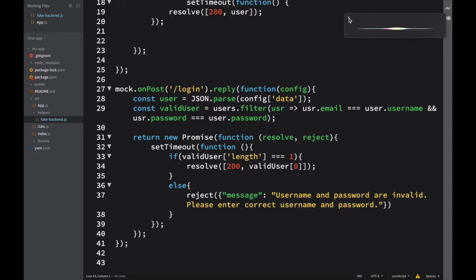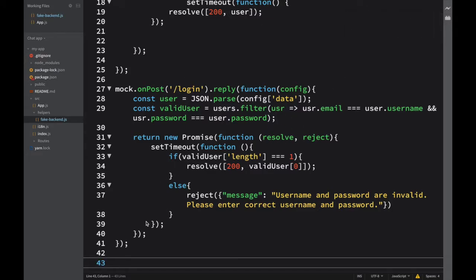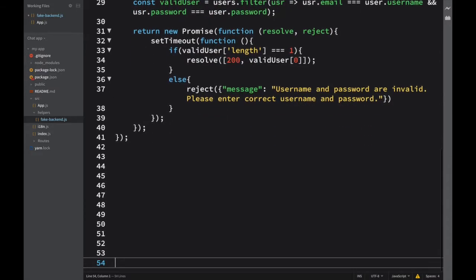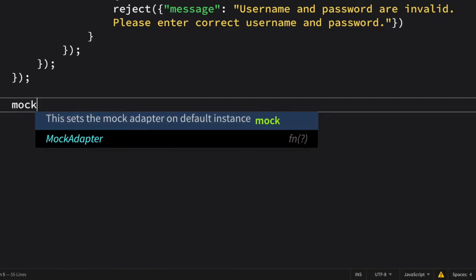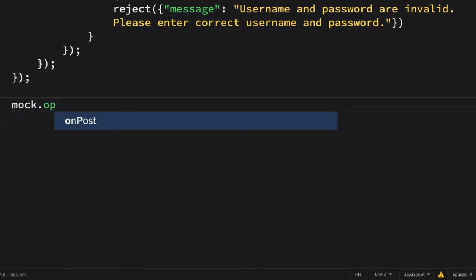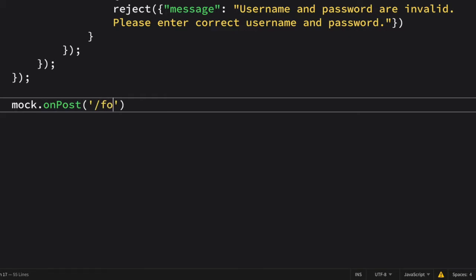So friends, after this we have to also make a function for forget password. So after making this page, let me write here mock.onPost, and inside this you have to pass this keyword forget password and pwd.